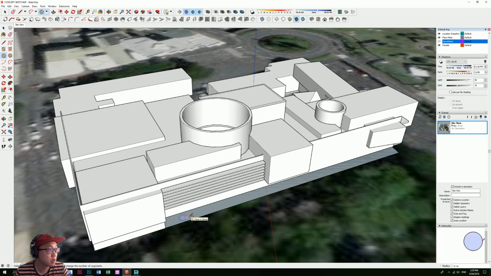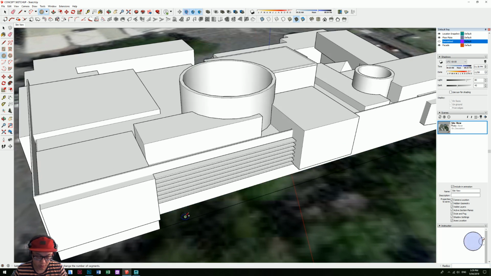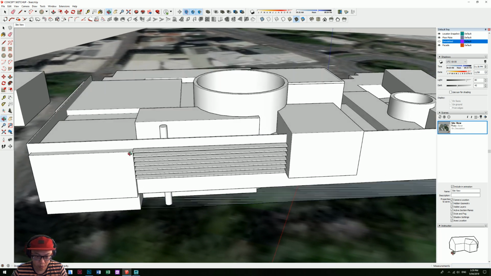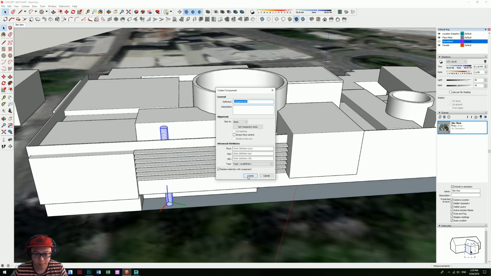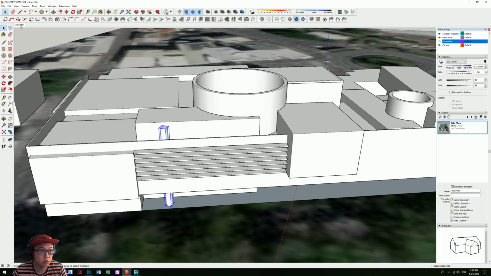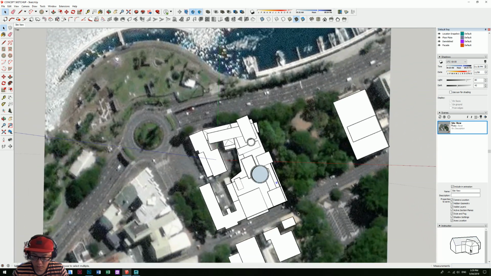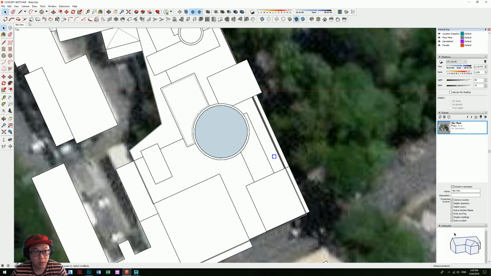And okay, let's just make some posts. I think the posts need to be quite big, maybe not 1 meter, but let's see, 0.6, and I'm gonna bring it all the way to the roof, and that we're gonna set it as a component. And let's go into the side view and make sure it's parallel,